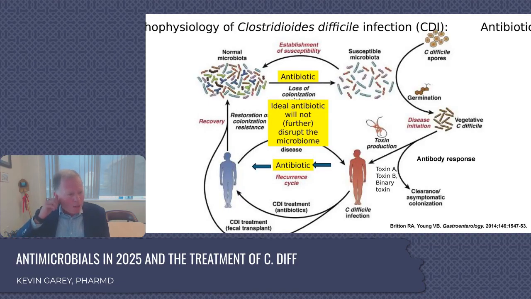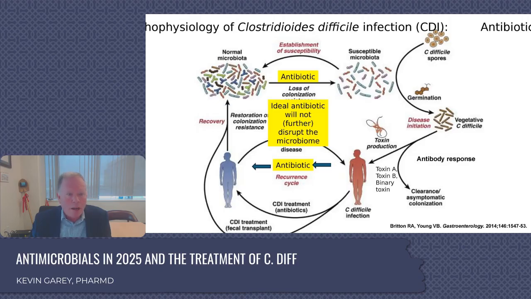To do that, we need to bring in C. diff pathophysiology. And this is what Paul summarized in his slides. This is just in one slide only, which is nice. Because here's the normal microbiome in the top left-hand corner. This is that happy group of species that I showed you in my cartoon. And then we come along with high-risk antibiotics causing this susceptible microbiota, which, as we just learned, allows the ubiquitous C. diff spores to germinate and cause disease. Now, these antibiotics set us up for the initial infection, but then the antibiotics that we give, vancomycin or fidaxomicin, can also further disrupt that susceptible microbiota.